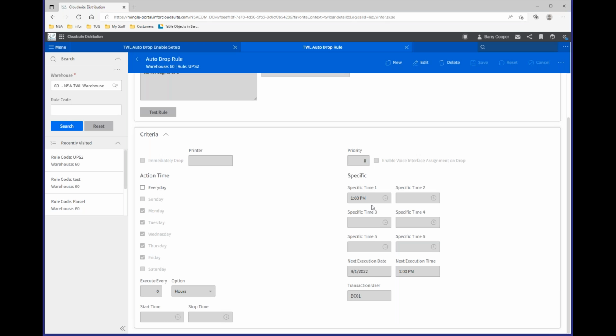Some other good common uses for these are if you've got a counter sales environment, customer pickups or will calls, where once you get those orders in your warehouse, typically your customer is coming in within a reasonable amount of time to pick that up. You don't want them to wait while you go and gather that material. So you can have that auto drop rule looking for your customer pickups, your will calls, even your counter sales, automatically dropping that right to the RF so that somebody can get working on